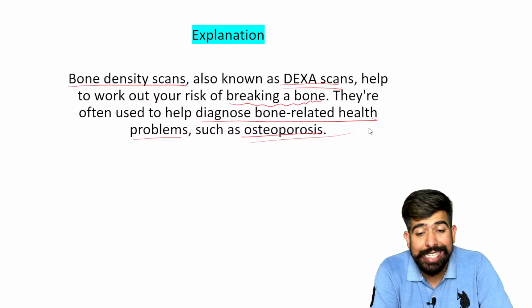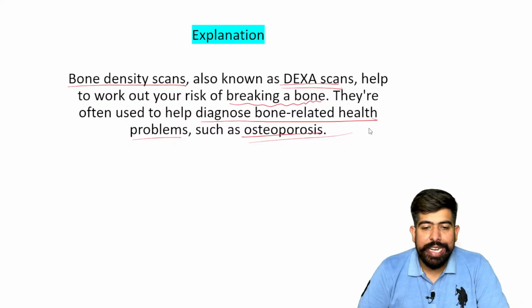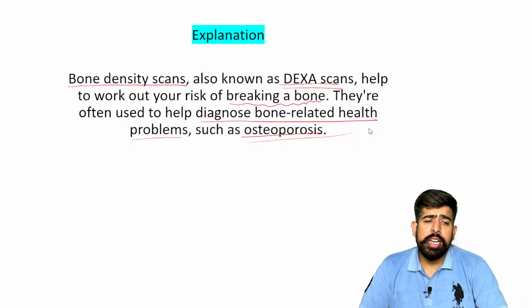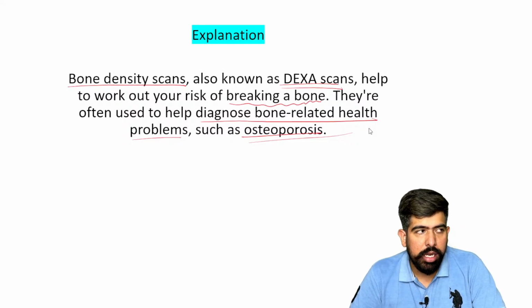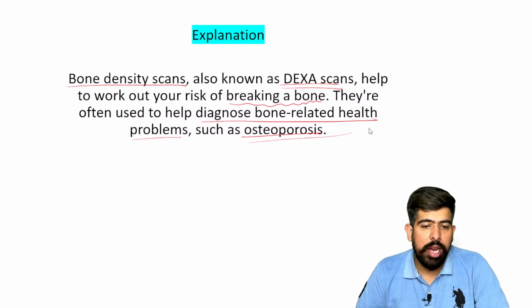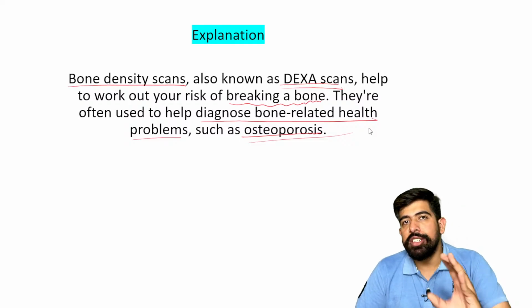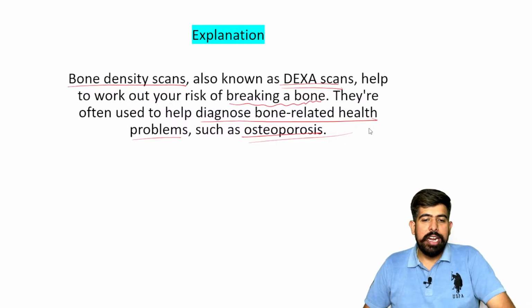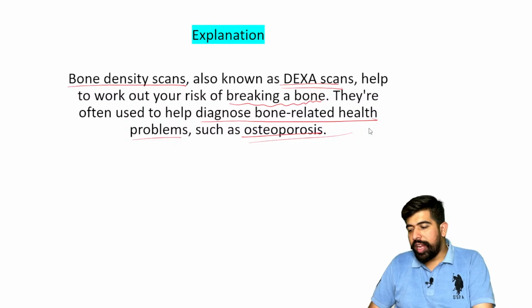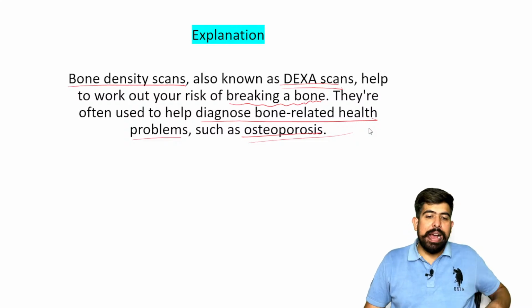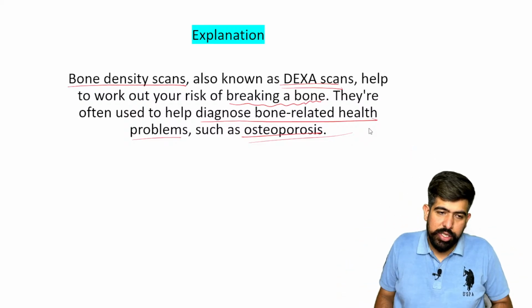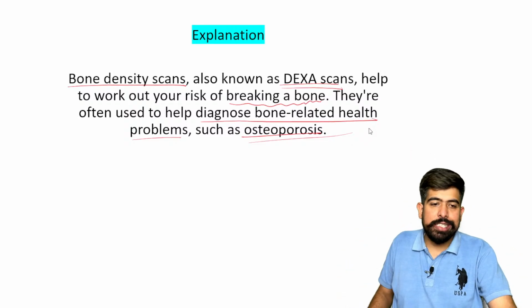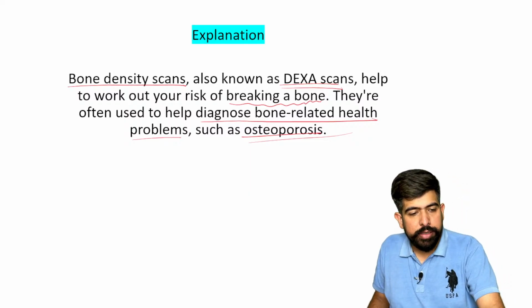If we have to do a bone density test, we can go with the DEXA scan. Now if they ask you about parathyroid hormone, like the patient has a parathyroid hormone problem and a fracture, maybe due to this parathyroid there is osteoporosis, right? So again, the DEXA scan is the possible answer.